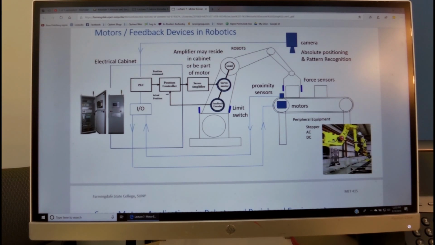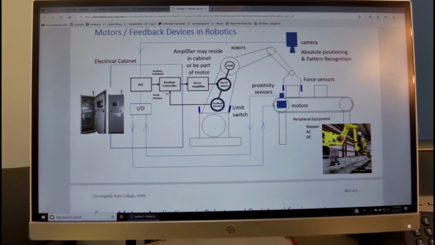The picture that we look at now demonstrate the way various feedback devices, sensors, and motors are being used in the robotic process. We see over here a robot which is working in tandem with a conveyor belt. There are parts over here on the conveyor belt. There are sensors that detect the parts. The sensor sends to the PLC a command that the part arrives. The PLC sends a command to the robot to pick it up, and so on and so forth.